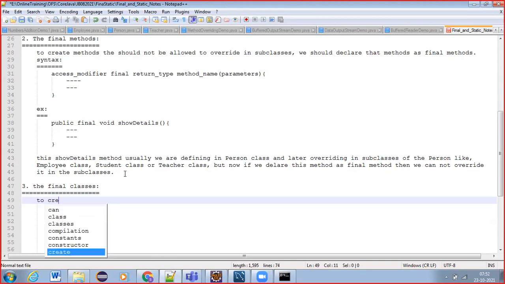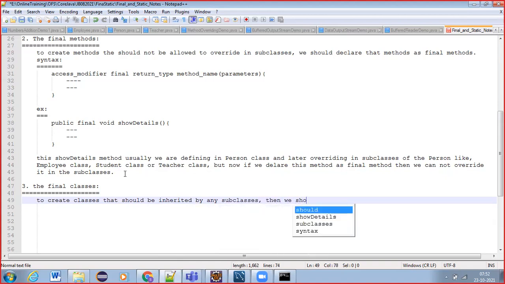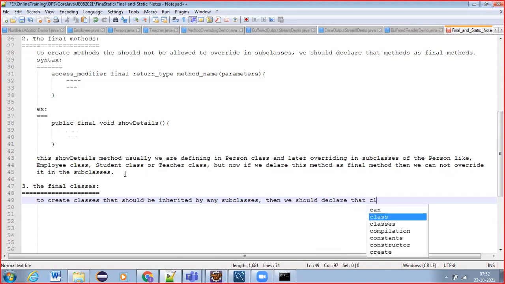Here also, to create classes that should not be inherited by any subclasses, we should declare that class as a final class.